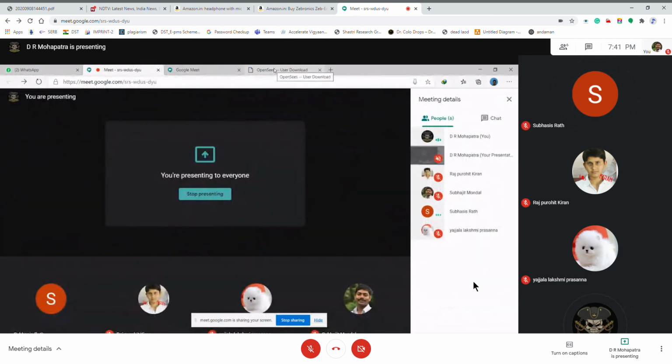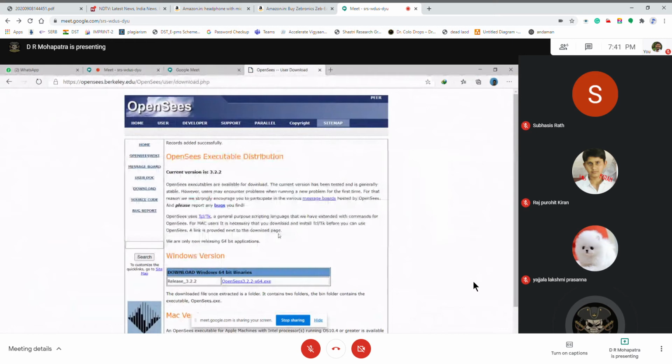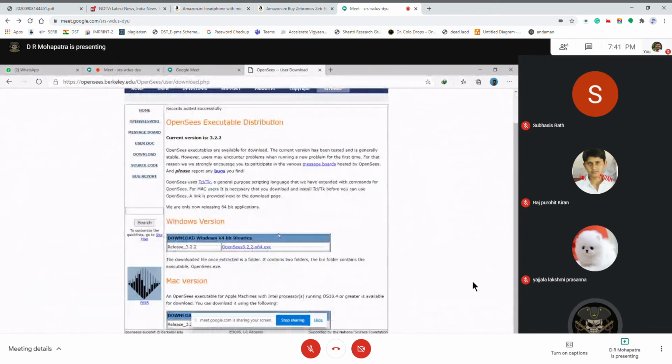Okay, so they will send you a link to download it, and you can see the screen now. It is OpenSees 3.2.2. You have to download it and install it.